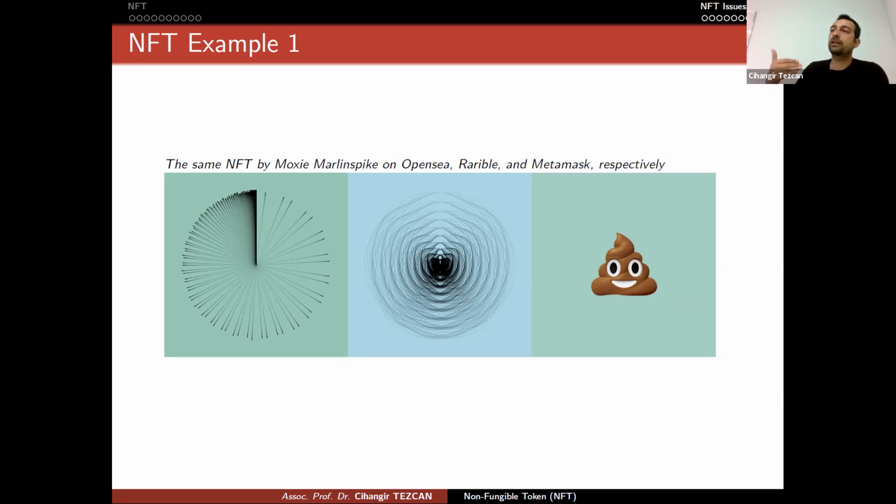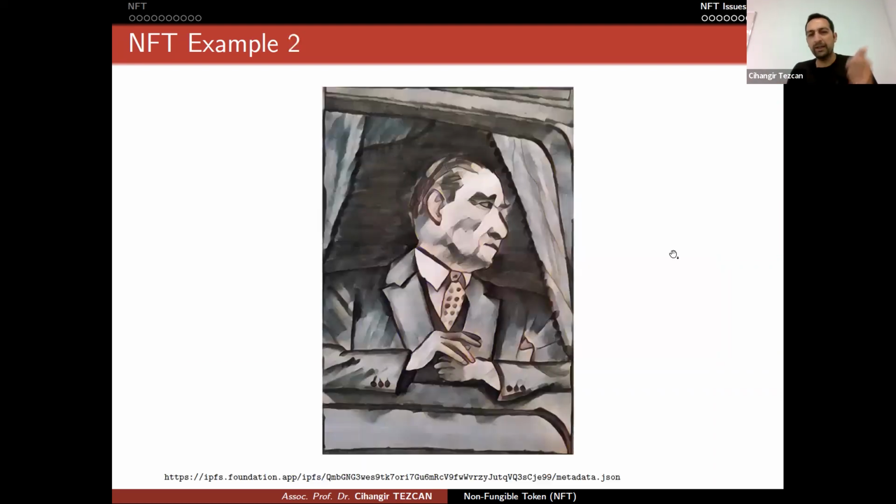Okay, people will not write their own codes. People will not go to the blockchain and find the results. They will ask somebody else, and that somebody will be in control. Okay, that is the huge problem. So let me give you an example about IPFS. So Moxie's example was about